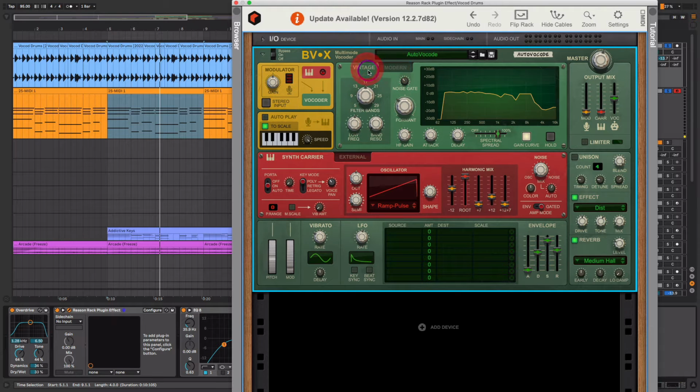So there's two different modes here. There's the vintage and modern. I'm currently using the modern mode, but what's cool about the vintage, and it's a typical mode that you would get with most common vocoder plugins, but they added some unique band here with the band counts. And the amount of bands that you're using determines the amount of detail that you're going to be getting from your signal. So with the low band count,